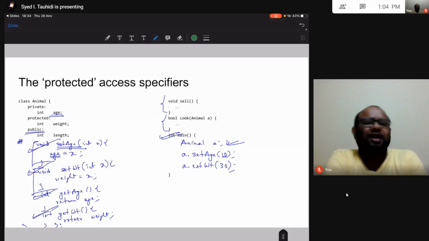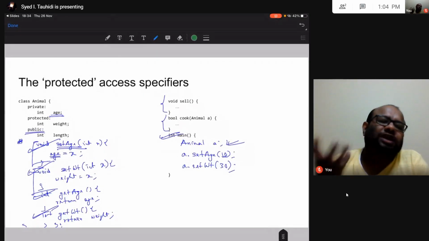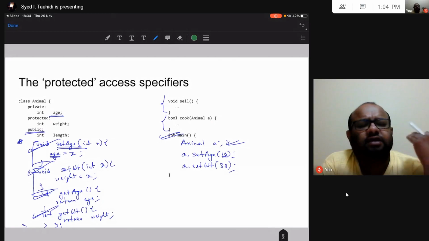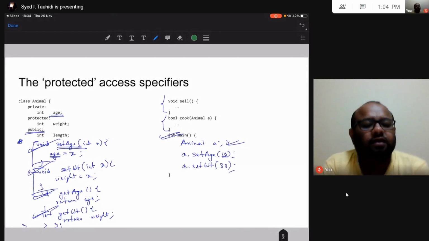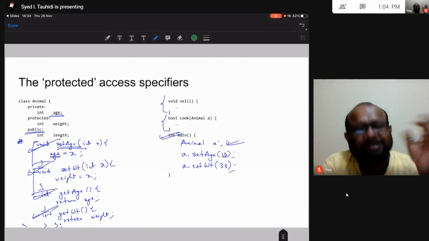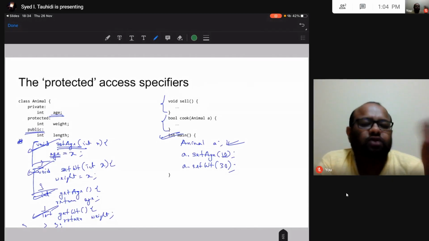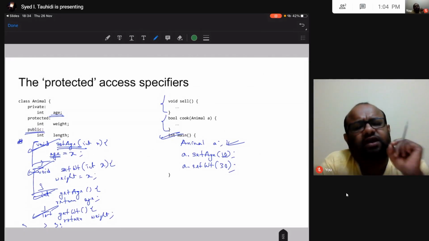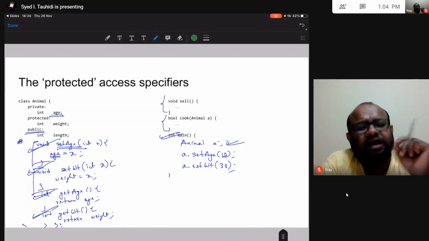So you may have this question, then what is the use of this? Why allow these interfaces? That is because you can have logic inside this interface. Say you want to set age, and this is for a human, and someone is calling set age 500. We know humans don't live for 500 years. So I can have this condition: if age is greater than 150, then return error or throw an error.